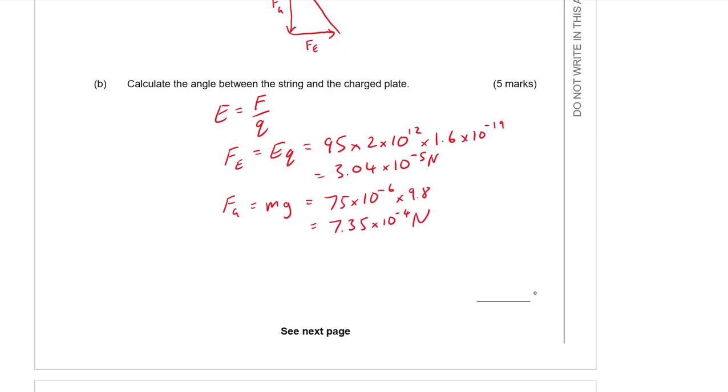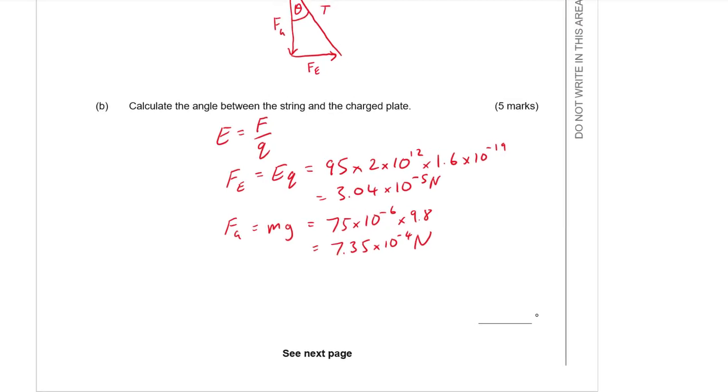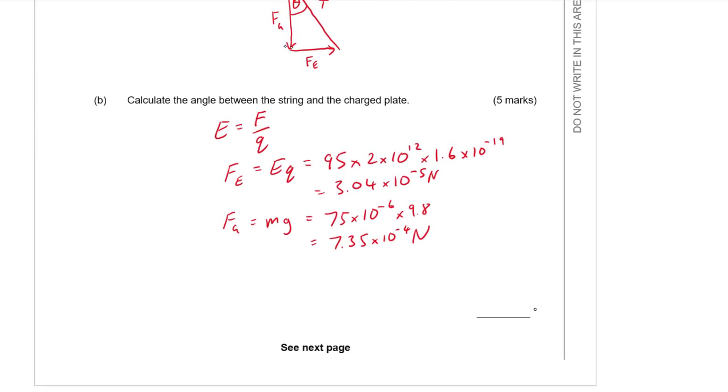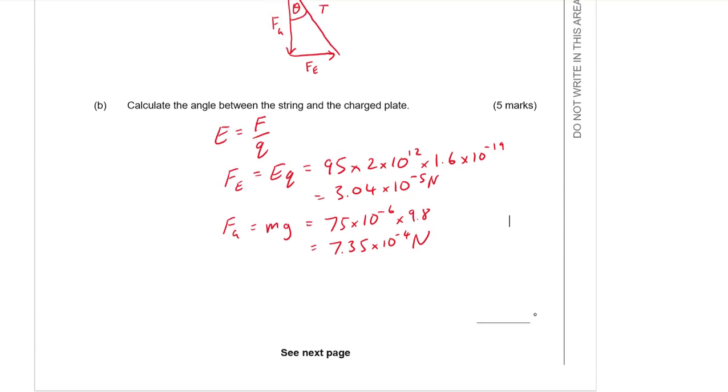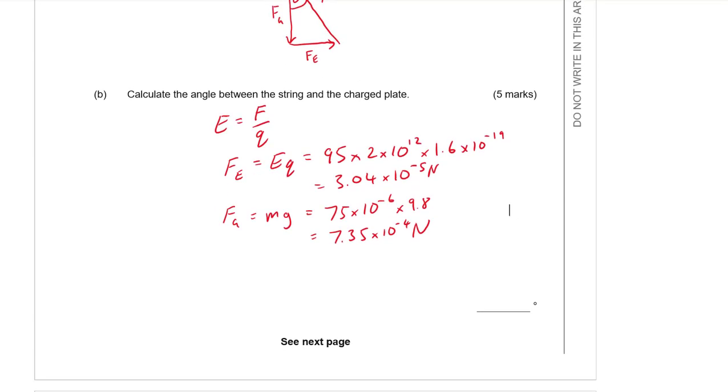Okay, so now that I've got the size of Fg and Fe, these two at the top here, I can then work out the angle between them. So I know that the tan of theta is going to be equal to opposite over adjacent, so Fe divided by Fg. So I can put that in as,